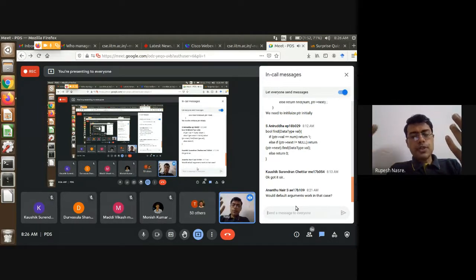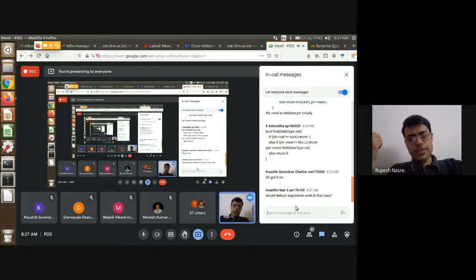So it becomes optional to pass that argument, right? And you can have multiple default arguments. So then the number of variations goes on increasing. Anyway, that is not something which we are going to study, but I'm just mentioning it because Anantu brought this point in, that you can create different variations of the same function by having default arguments.